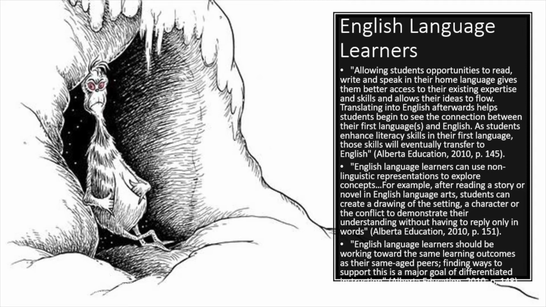With a language barrier, it is essential to use a variety of ways to activate students' background knowledge and to help them link what they are learning in English to that prior knowledge. The best way to do this is by first fostering a classroom community that values and respects the culture and language of each student. By allowing students the opportunity to read, write, and speak in their native language, English language learners are able to better form connections between English and their first language, express their prior knowledge, and enhance their literacy skills. Allowing students to use their first language also helps to reduce stress.